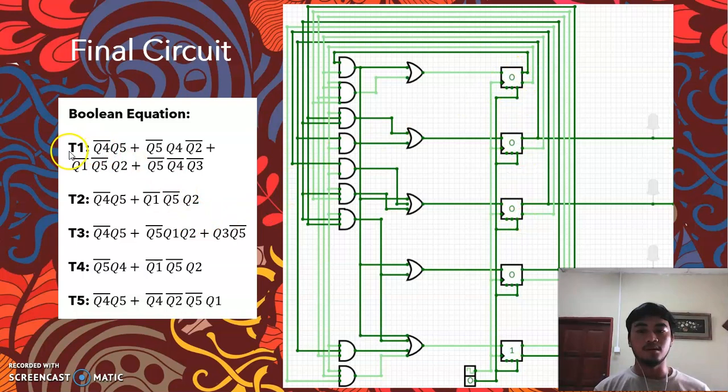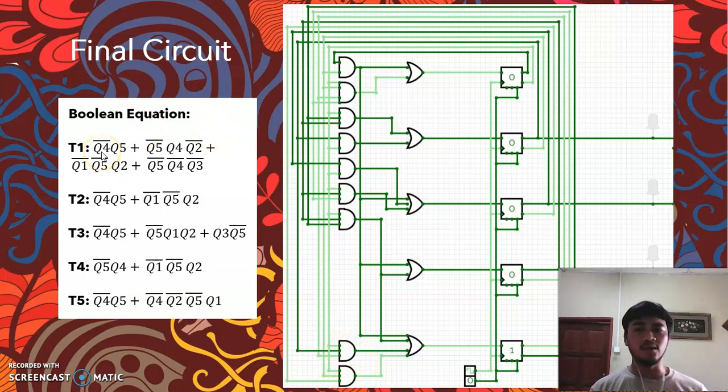For the input, which is the left side of the flip-flop, we just put an OR gate, because it is an OR of 4 expressions here. So OR with 4 inputs, and then we put every single expression here. This one is AND with 2 inputs, this one is AND with 3 inputs, and the other two are AND with 3 inputs. So we just put AND gates here.